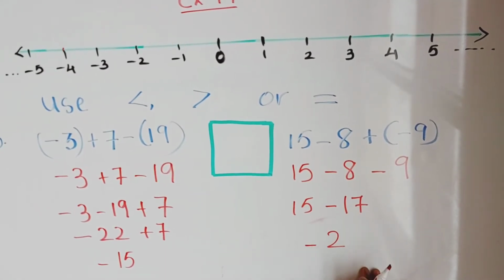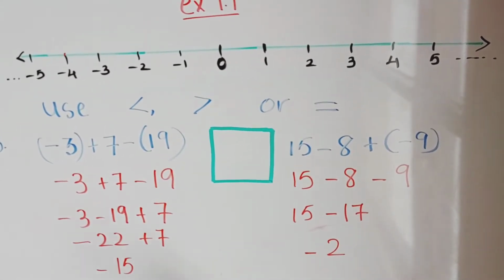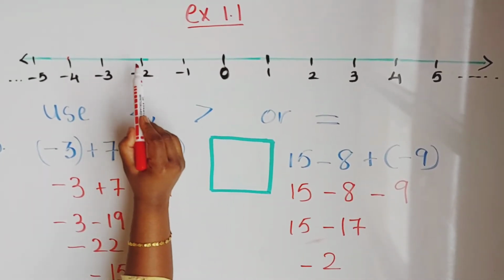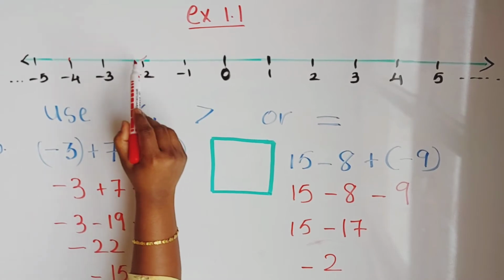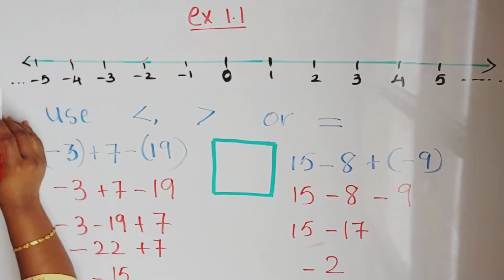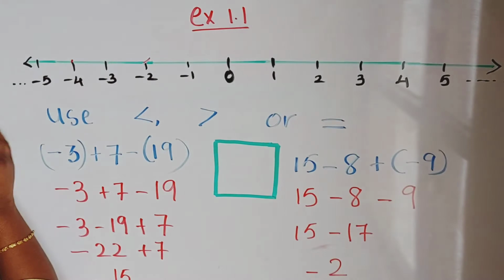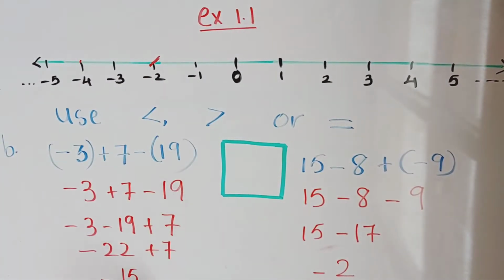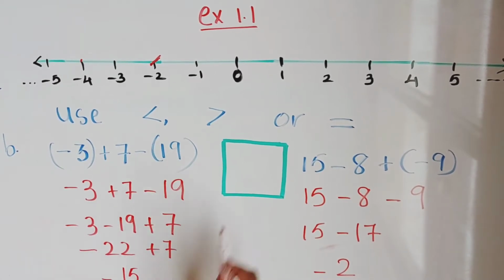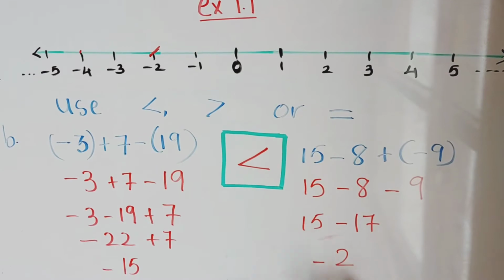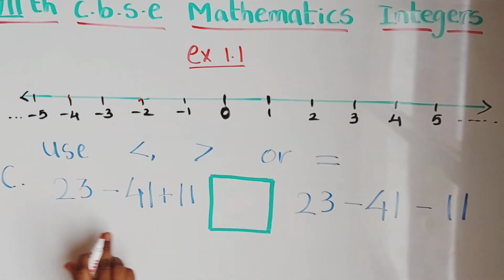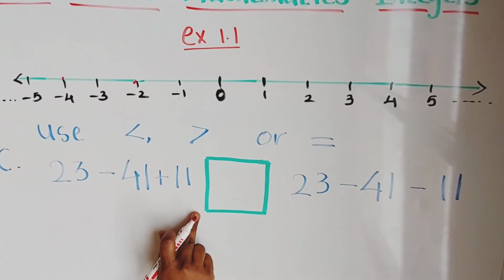Which one is the bigger number and which one is the smaller number? We will see. Number line. See, 0, minus 1, minus 2 is here. Right children? So minus 15 will be here. Some more numbers after. Okay. So minus 2 is greater number. So minus 15 and minus 2. When you compare, minus 15 is lesser than the minus 2. Clear children?